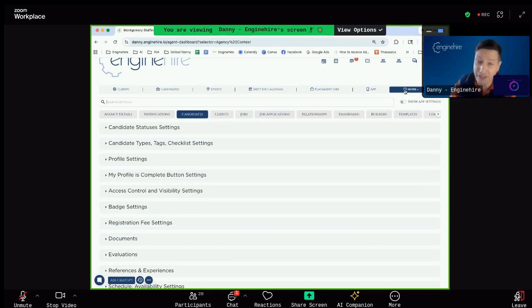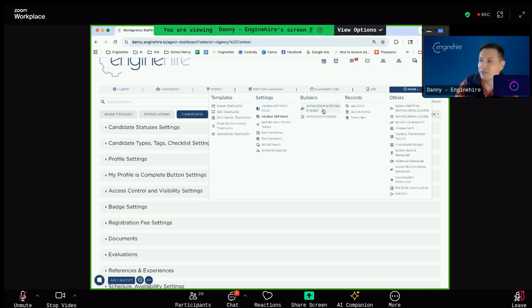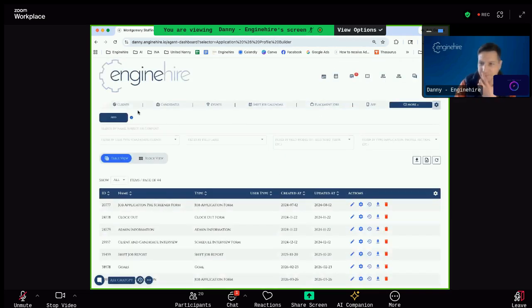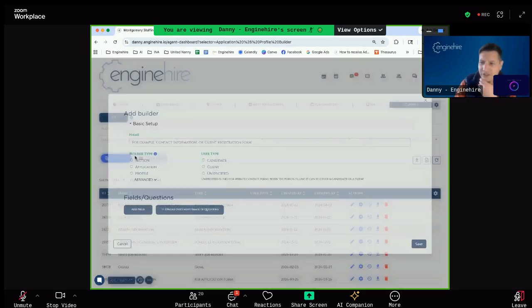I think the coolest thing is that instead of building everything out inside Enginehire, you could think about it in Google Docs, write it all down, and then just add it in. So if I go to application and profile builder and add a new section,